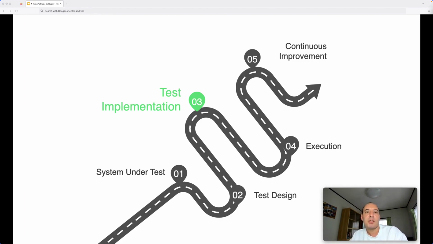But still, one of the very basic activities that we are doing on a daily basis is implementing the test cases and test automation. And since we are talking about continuous testing, the reliability or the stability of the test is very important, because we will execute them a lot of times, and if they are sometimes failing, sometimes passing, if they are not stable, then we will have to have a lot of maintenance and analysis efforts. So let's start talking about different quality aspects of the test code that we are developing.